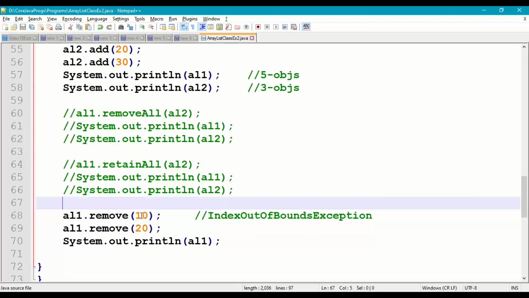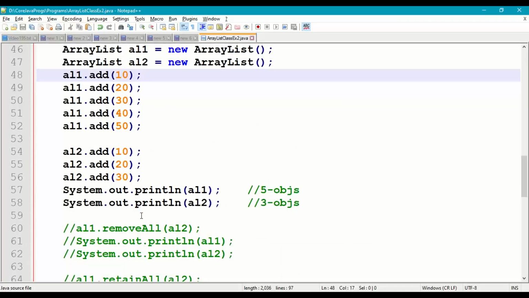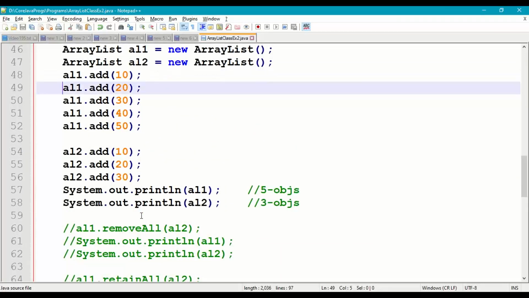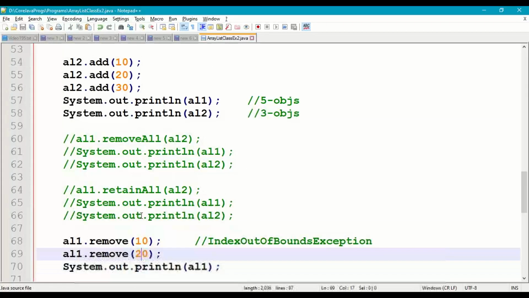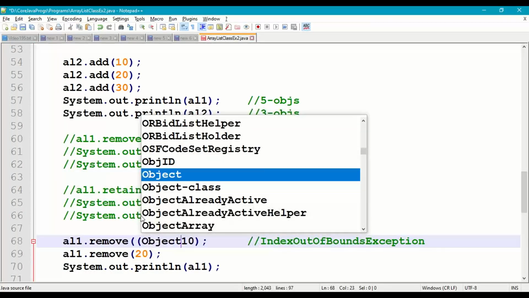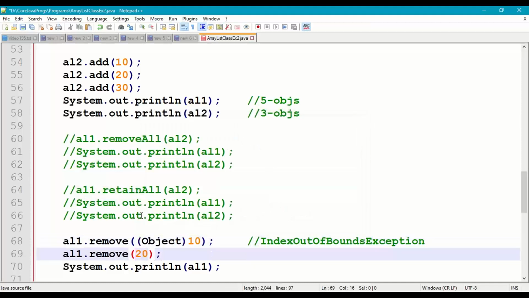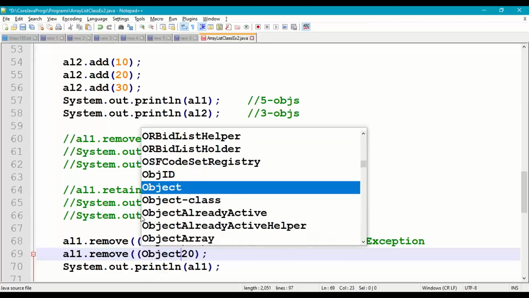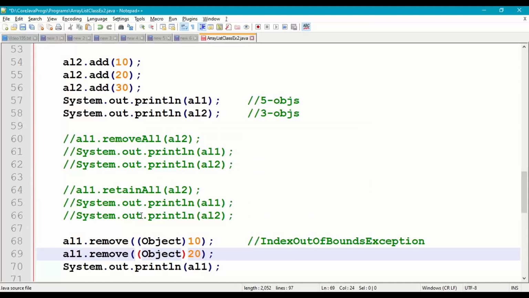But we already have data 10 and data 20 in ArrayList 1. So how to remove these? Internally 10 is stored in object format. So we have to say it as the Integer object of 10, object class of 10. Now the compiler or JVM understands that 10 is not the index, but it is the object 10, object 20, which is supposed to be deleted.